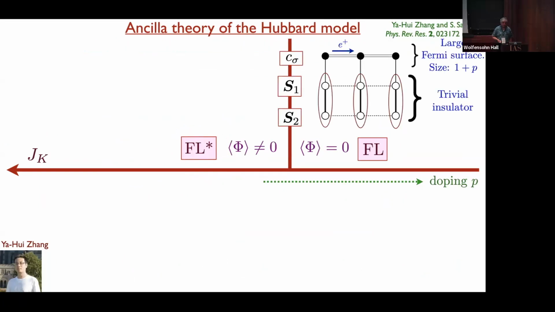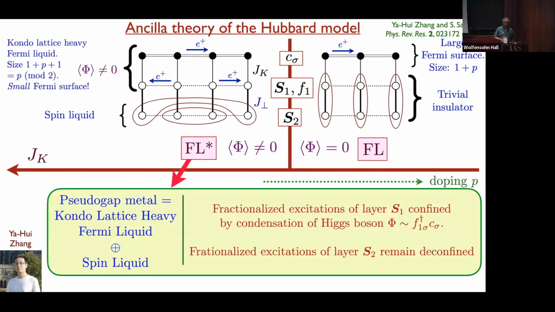All right, so what happens at large JK? Well, first of all, as I already said, at small JK, these spins form singlets, and this field phi, which I'll introduce in a minute, has zero expectation value. This is the analog of the same boson or anion condensation. So what happens at large JK? Well, let's imagine JK is infinity. Then I can forget about the bottom layer, and the top two layers is exactly the Kondo lattice I just talked about.